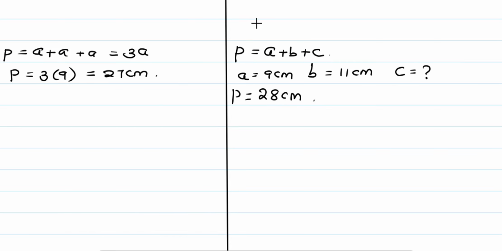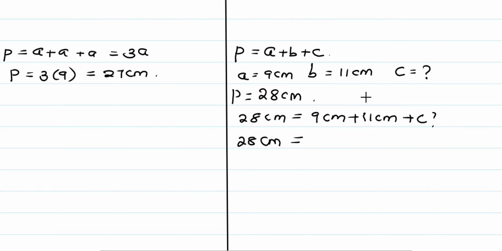So you are told to find C, but we already have the formula: the perimeter is A plus B plus C. So what happens here is we take perimeter, which is equal to 28 centimeters, is equal to A, but we already know A is 9 centimeters, plus B, which is 11 centimeters, then plus C, we don't know C. So from there, we can now calculate this to get the length for C. So 28 centimeters is equal to 9 plus 11, which is 20